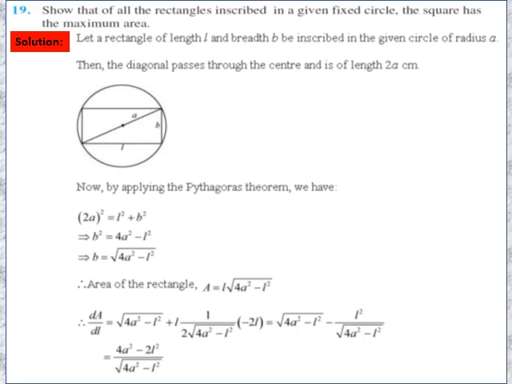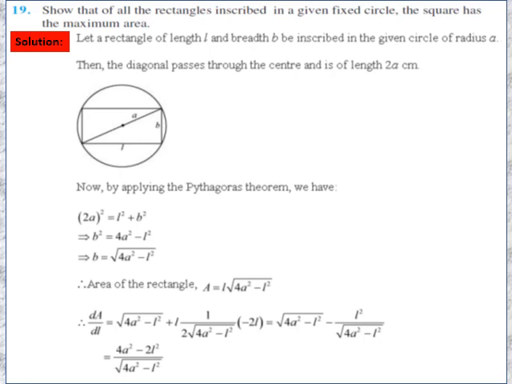Now here we have the function maximum area, so we have to consider the area of the rectangle. And since we have to show that it will be a square, we have to show that the length and breadth of the given rectangle should be equal. So we have a rectangle of length L and breadth B in a circle of radius A. Clear? Now this diagonal of this rectangle will be what? Diameter. Why? Because in grade 9 we have learned that angle in a semicircle is a right angle, and since all the angles of a rectangle are 90 degrees, clear, it will be 90 degrees.